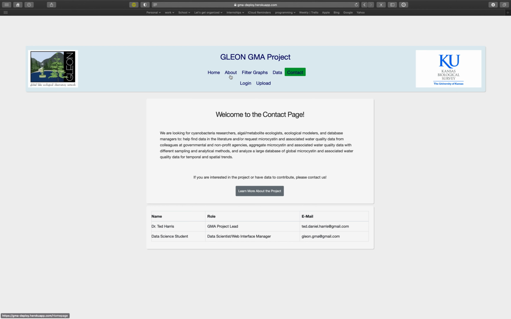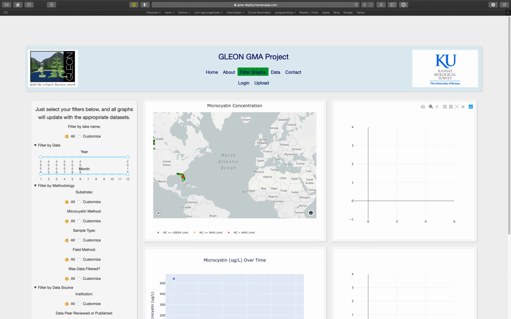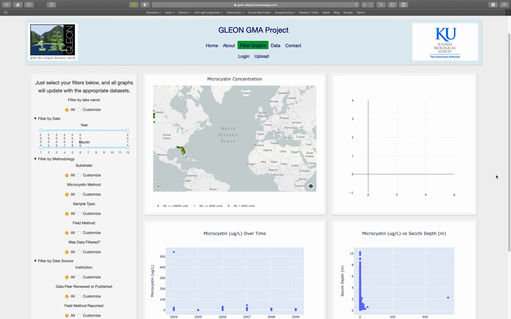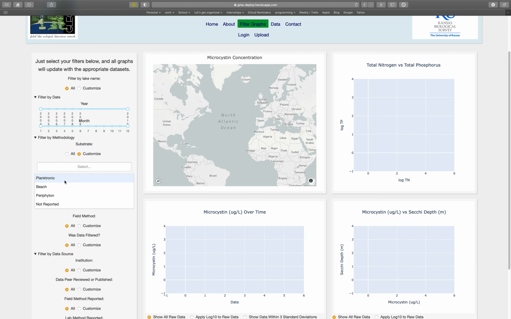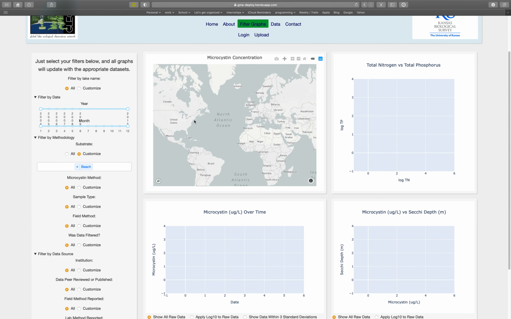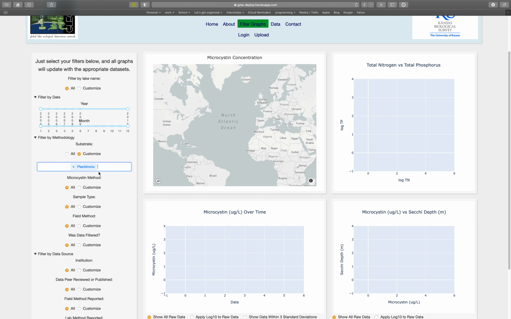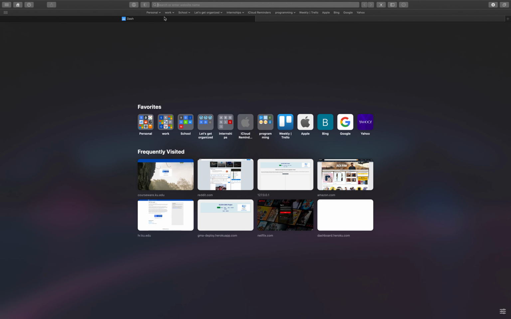And then the actual site itself, if you go to this filter graphs tab, this is kind of a cool thing, in that, say you only wanted to look at, I can't say any of this, sorry, I'm a business major, this is not exactly my forte, but say you only wanted substrate beach, then you could filter by that. We only have 3 data sets uploaded right now, and I don't think that we actually have any of those. But you can edit it like that, and I'm in Safari, so you can't see it, but